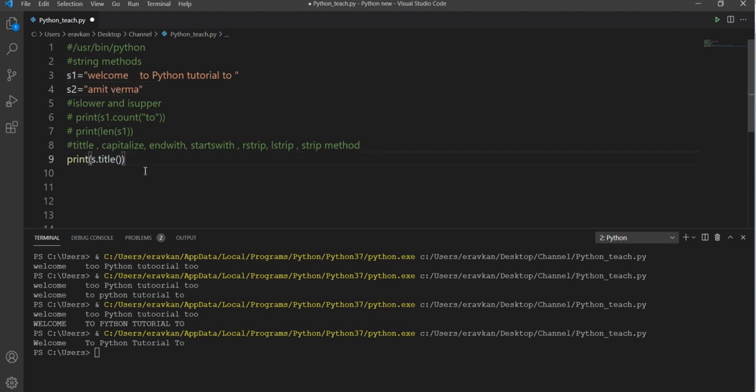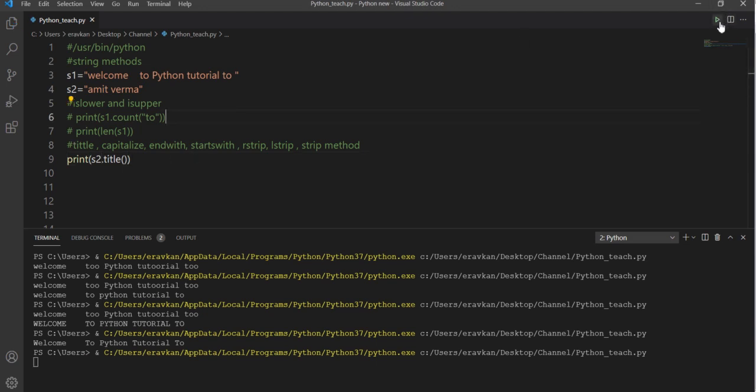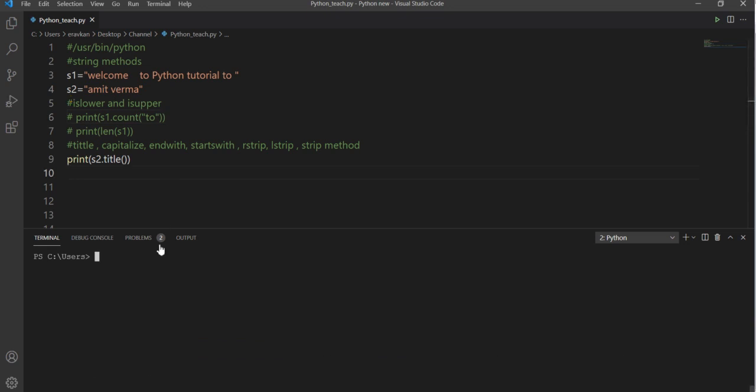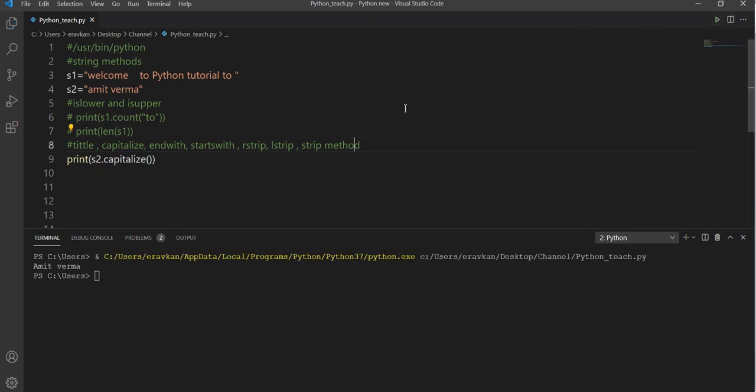If I do S2.title, now see, A and V are capitalized. Then we have capitalize also, simple. It's capitalizing only the first character, not V.